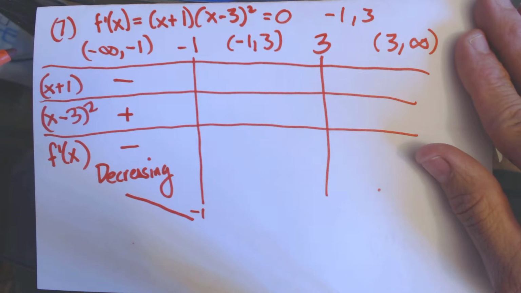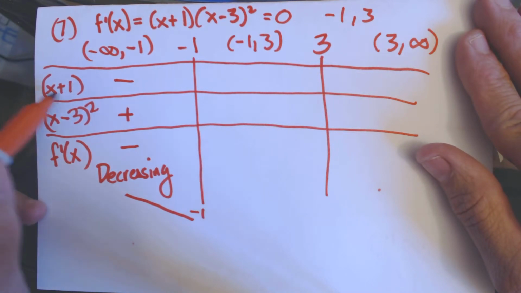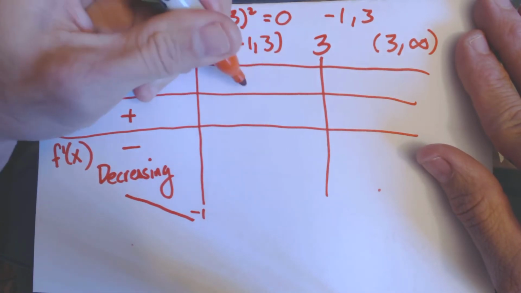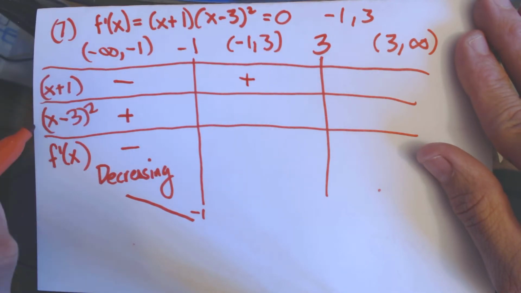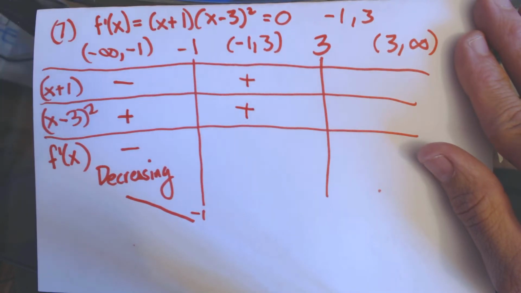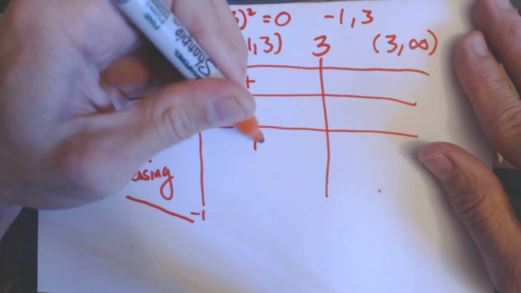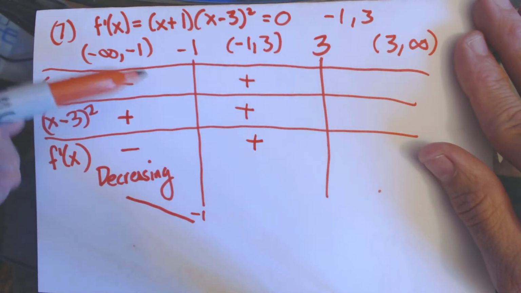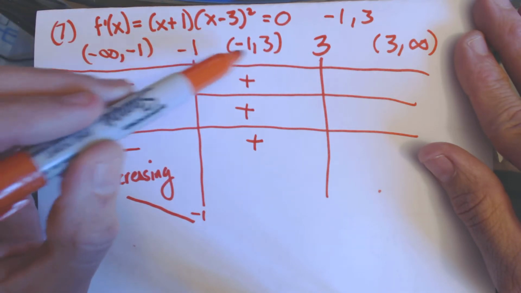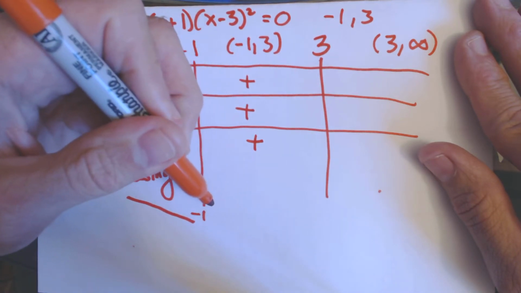Anyway, so now we're going to figure out, what's the curve doing between -1 and 3. So let's throw in 0. 0 is always an easy one. So 0 into the first component is going to give us a positive value, and 0 into the second component, we have -3 squared. So that's going to give us a positive value as well. So a positive times a positive, that means that the derivative is positive in this interval between -1 and 3, and thus